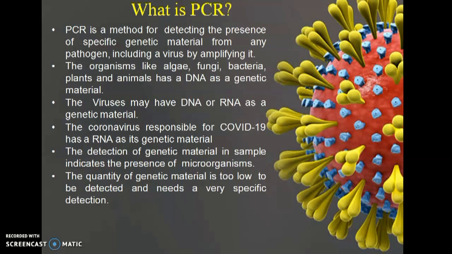In the PCR, what are we going to detect? We are going to detect such genetic material, it may be DNA or it may be RNA, in the sample. And it generally relies on amplification of that particular genetic material, because the quantity of the genetic material obtained from any cell is quite low and can't be detected, and we require a specific detection of the genetic material or a segment of the genetic material, it may be a gene, for the identification.